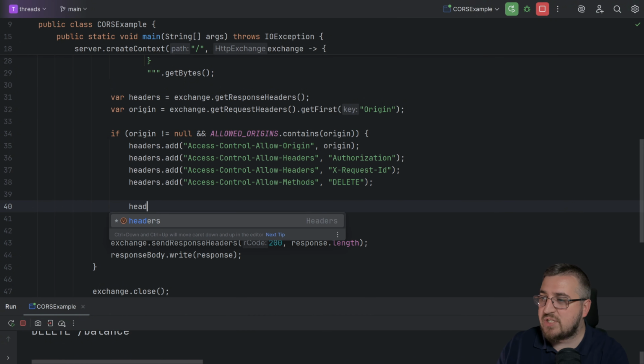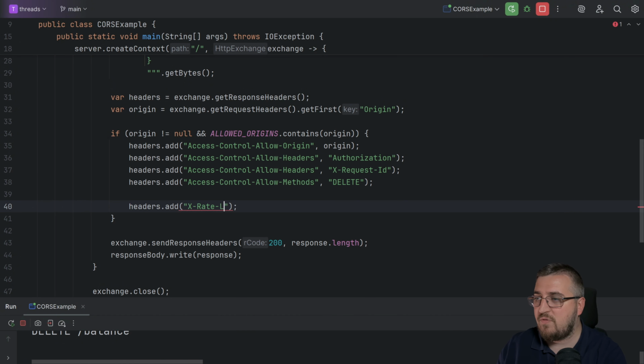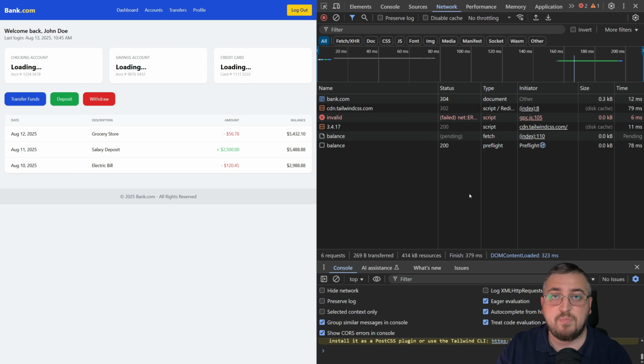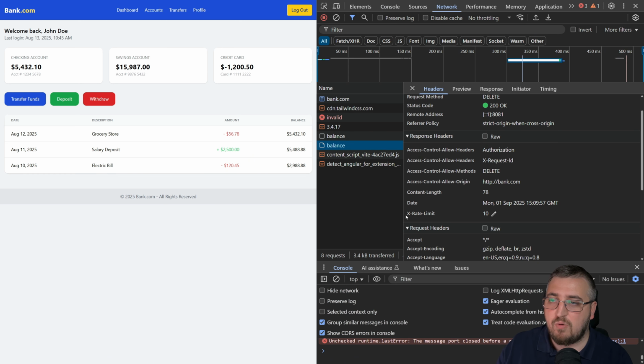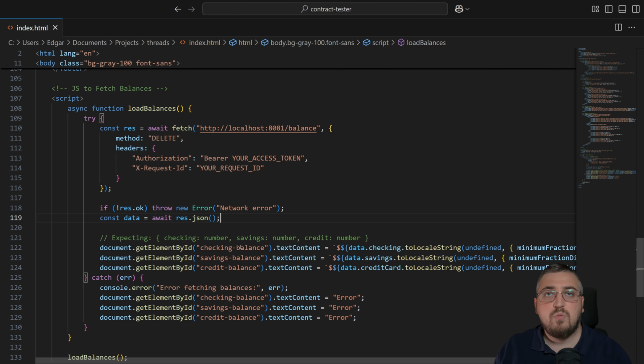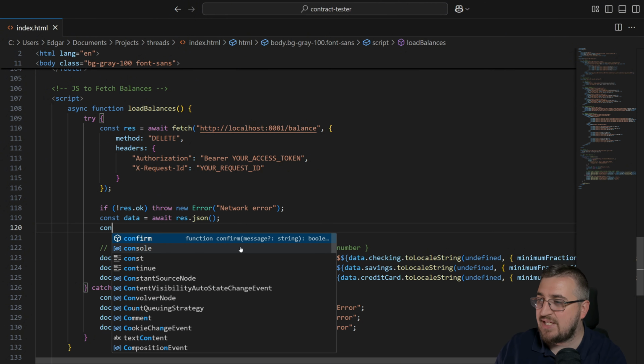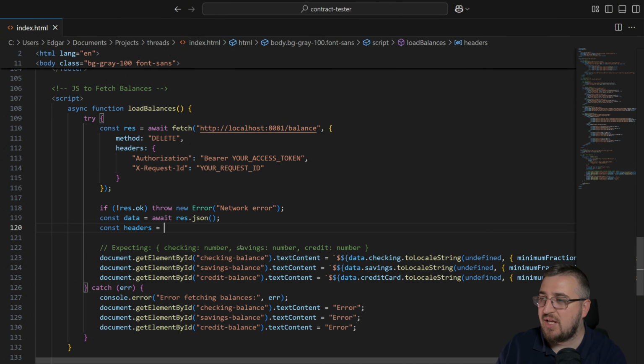So if our server would set some additional headers, for example, I don't know, a rate limit to inform the browser that you have 10 attempts left to make this call. And if you refresh the page, you can see that from this request, we have exposed this X-Rate-Limit header. But when we try to programmatically access those headers, for example, let's see what headers are actually